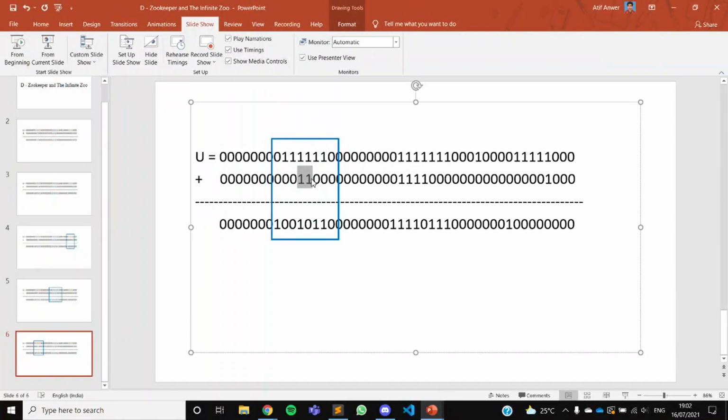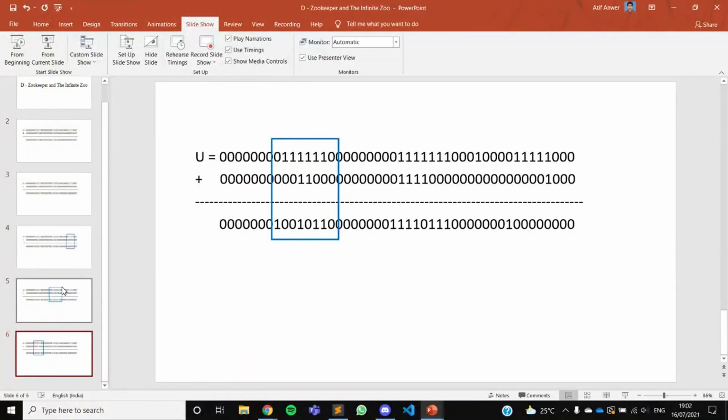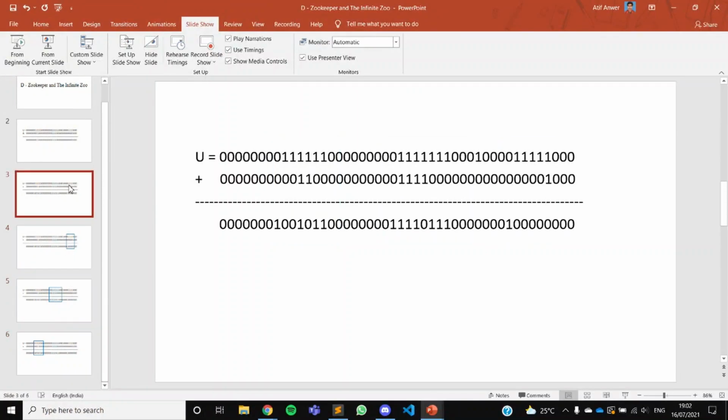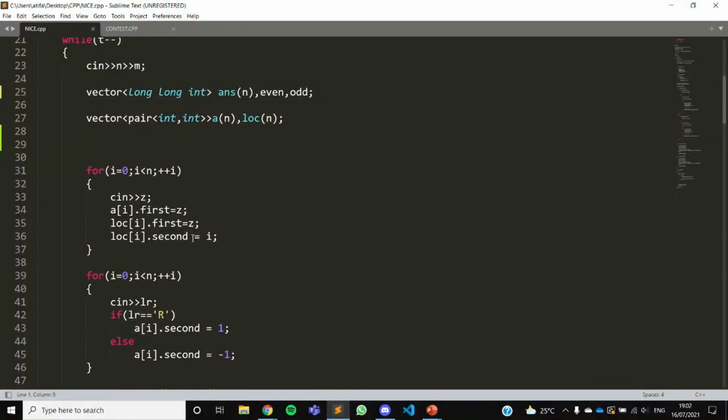So what happens is in these 3 ones, all these 3 are squished and brought here into this one, and this number 1 is moved 1 step forward. Okay, so with all transformations, the only change you can make is make the bits move forward or squish them to 1 bit. So now let me show you the code.